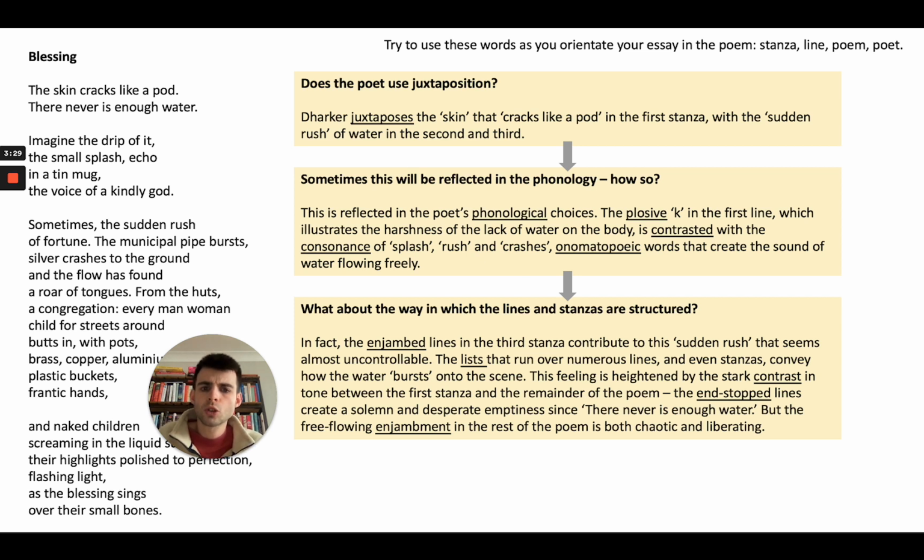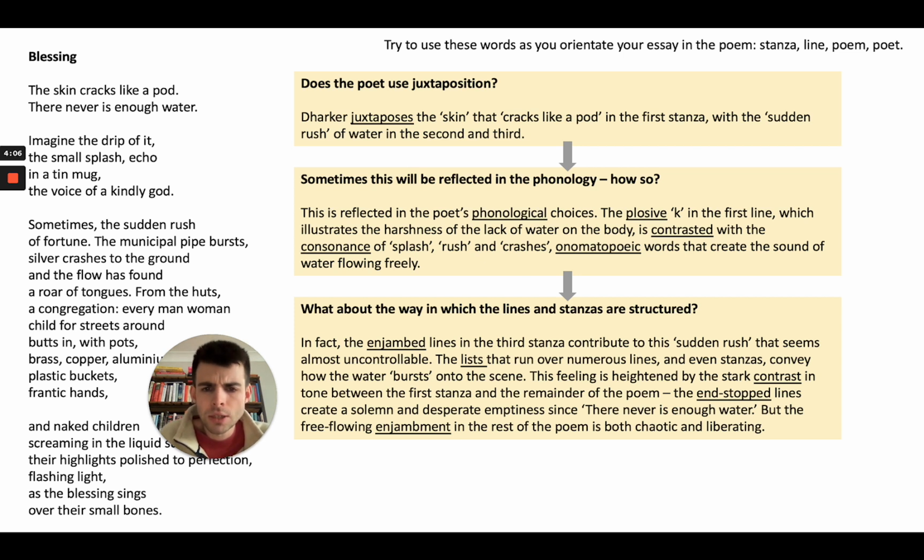Now, when you're talking about structure, what you want to try to do is think about how other structural choices, maybe also linguistic ones, feed into that idea. So how do they support, reiterate, reinforce that idea that you've already got about the contrast, the juxtaposition? So I might ask myself about the phonology. Now, don't be scared by that word. It just means the sound of the poem. So when you're talking about phonemes or phonetics, you're talking about the sound. So is it reflected in the sound of the poem from that first stanza to the second and third? And how so? So here's my answer to that.